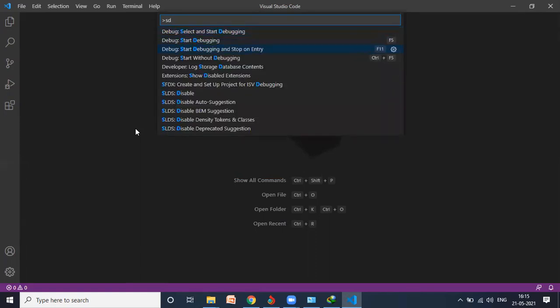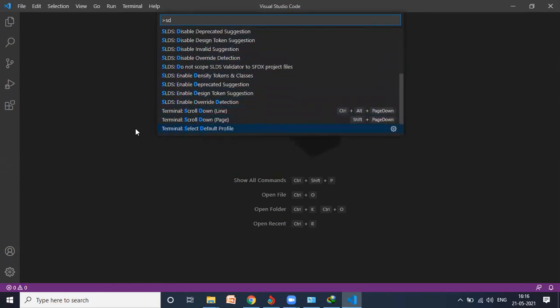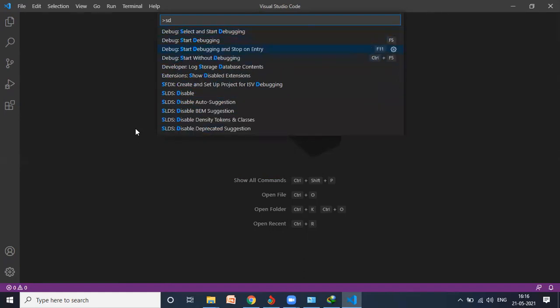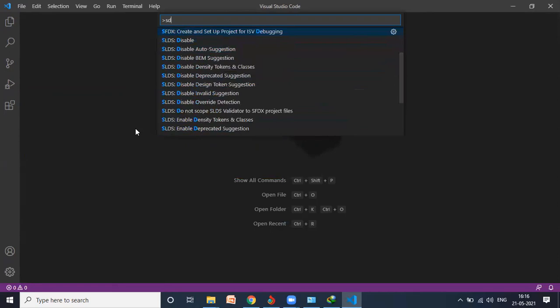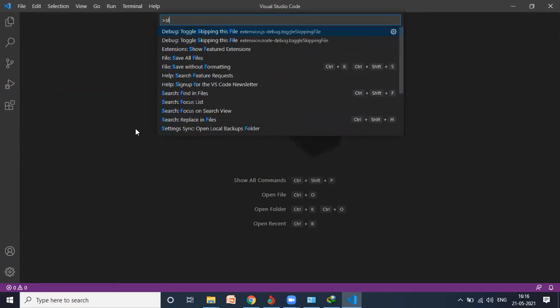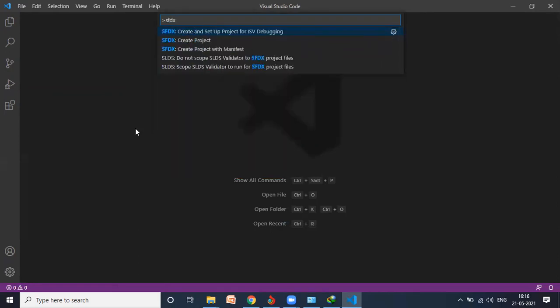Okay, SFDX. So you can see create project. I guess still it is in process, that's why all the commands were not showing. SFDX. Okay guys, now you can see SFDX create a project with manifest. Fine.